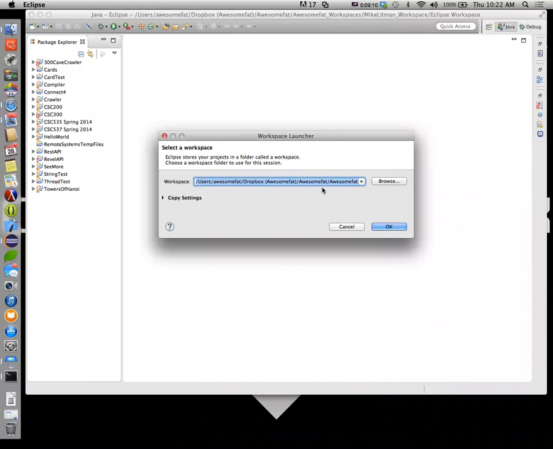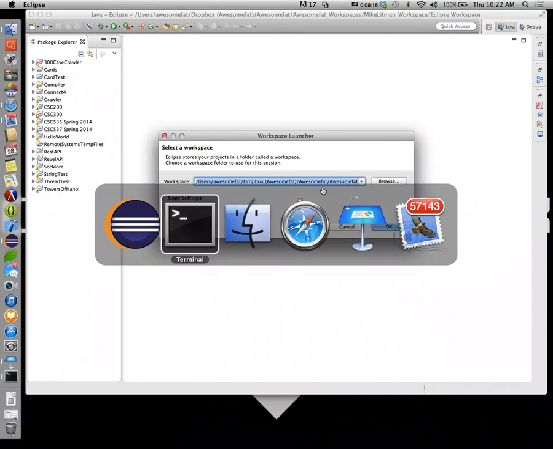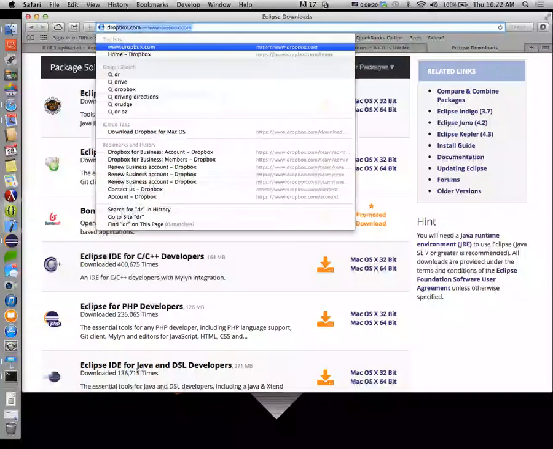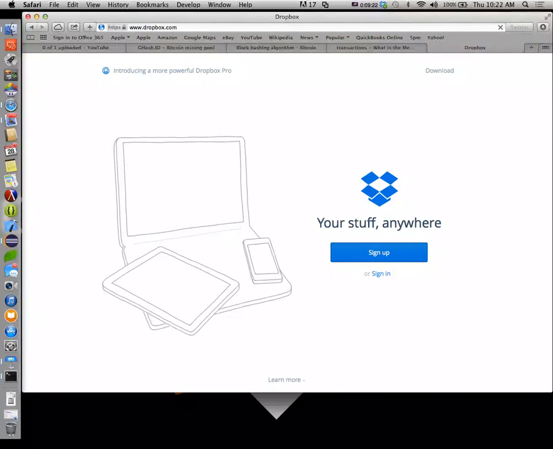Dropbox. Okay. I know I asked last time, but all of you should go to Dropbox.com. Sign up for a free account. It's free. No credit card. You don't have to put crap in. Okay? You get 2 gigabytes for free. Download it to your machine, install it.